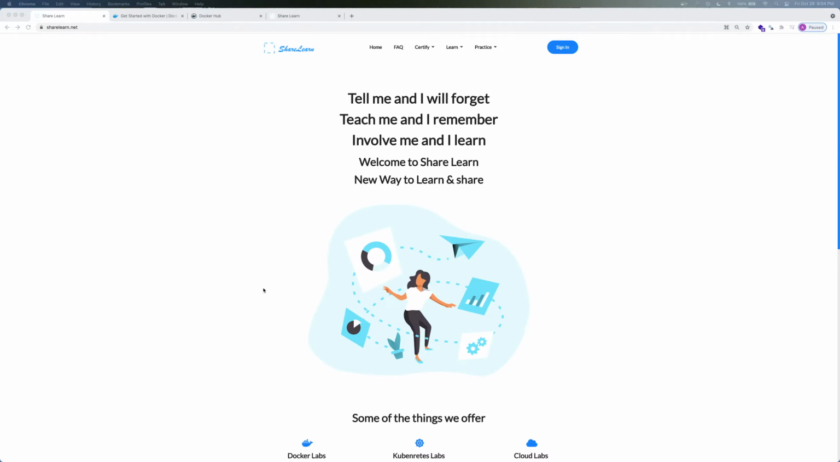So our agenda is a little packed today. We'll go through the Docker basics. We'll go through basic Docker and container details, and then we'll show you the Docker labs, and we'll follow the